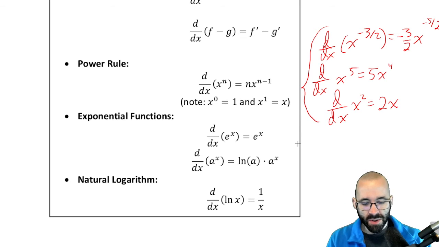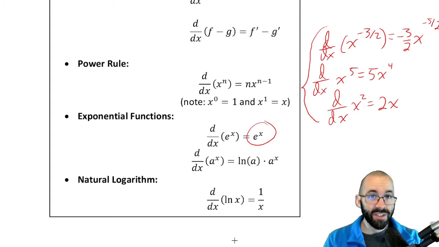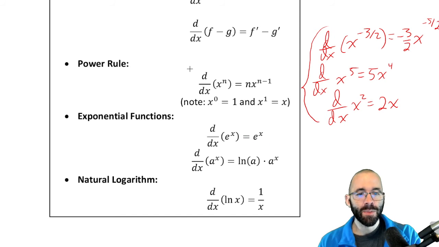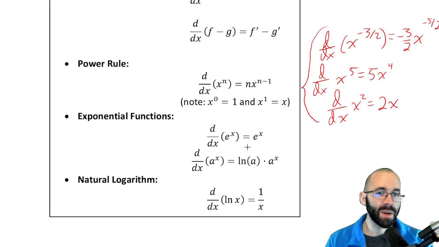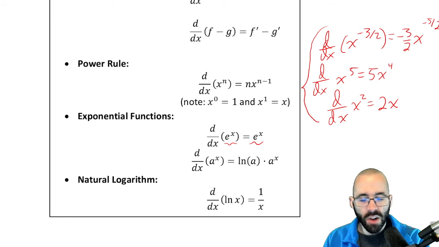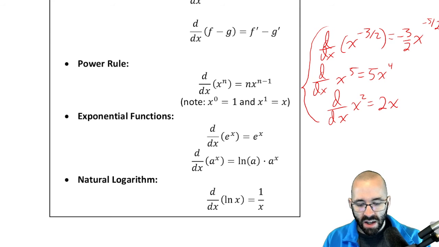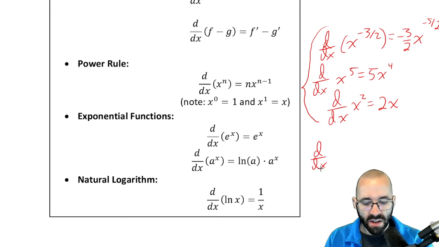Exponential functions have nice derivatives. Look, what's the derivative of an exponential function? Itself. Exponential functions are really special when the base is e, Euler's number, 2.71828 and so on. The derivative of e to the x is just itself. The slope of e to the x is just whatever the function value is right there. Just kind of cool. And if you have a different base, like maybe we had 2 to the x or something,